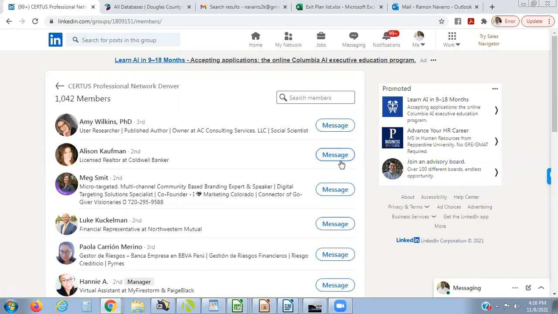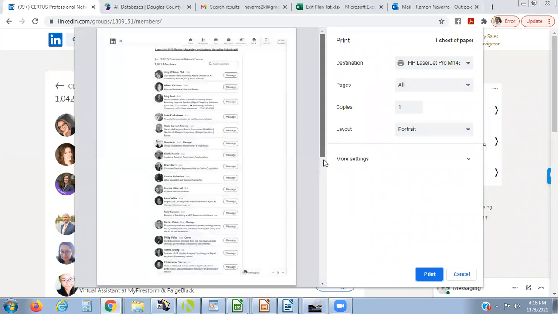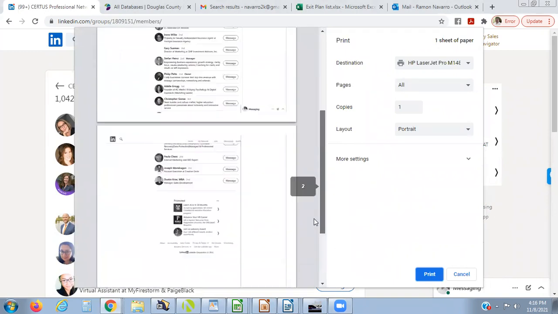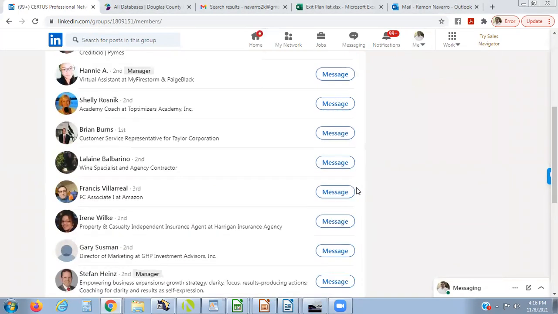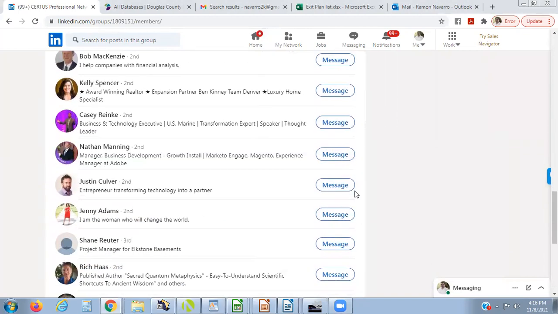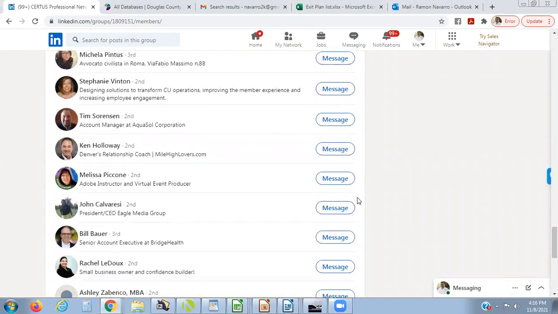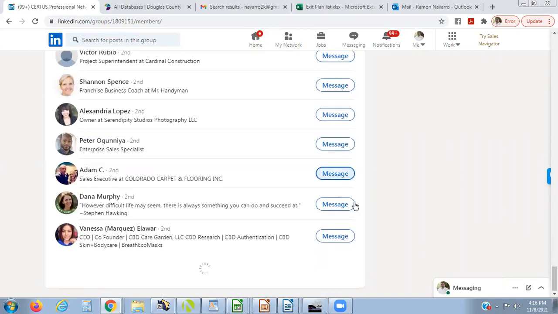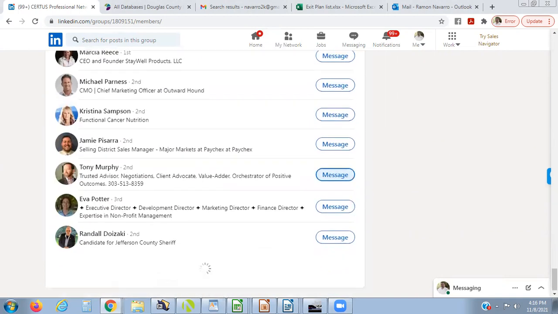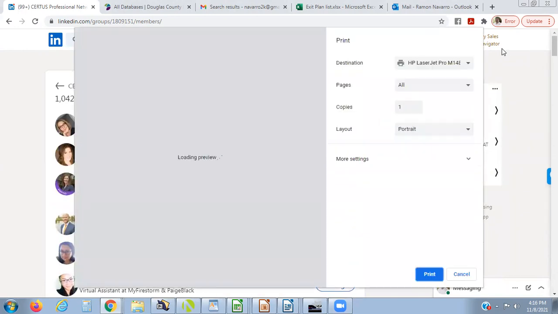I recommend that when you're here, you hit Control P or print, so that it works, you have to scroll through all of them. Now, this group has 1,042 members. So as I scroll through, it'll be 32 pages of members. Okay? But what it'll do is then you can go ahead and print this list